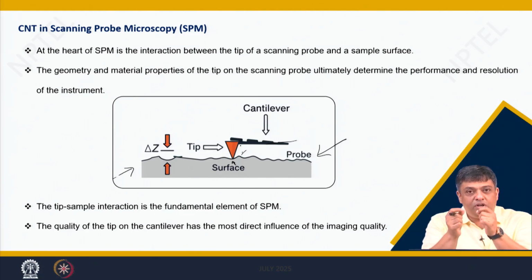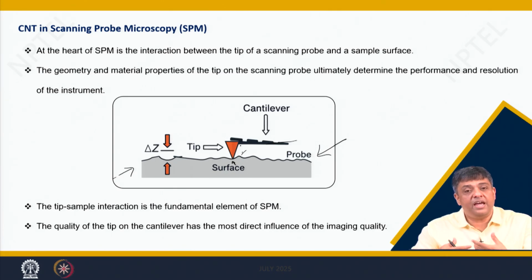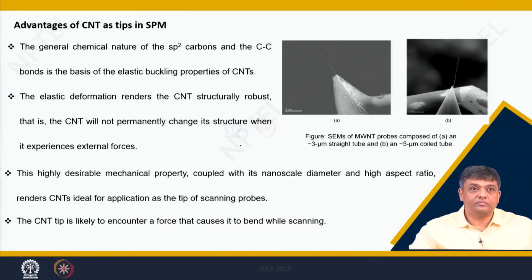And that is where the mechanical strength of CNTs comes into the picture. So, when you take these tubular morphologies, they are very hardened structures. Their Young's modulus is very high. We had seen in the previous lecture that they are 6 times higher than that of steel. So, what do you do? You now use MWNT or SWNT based probes.